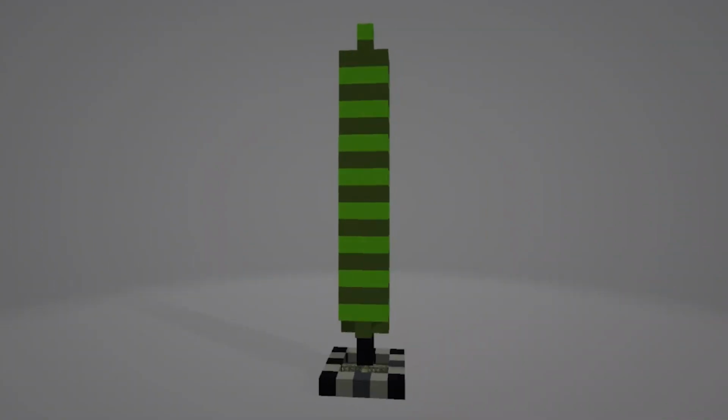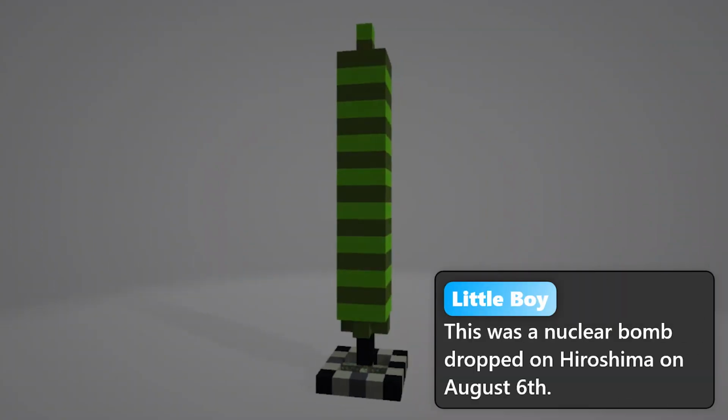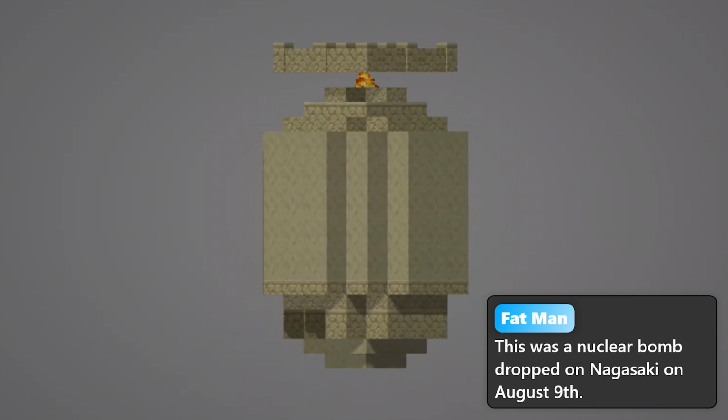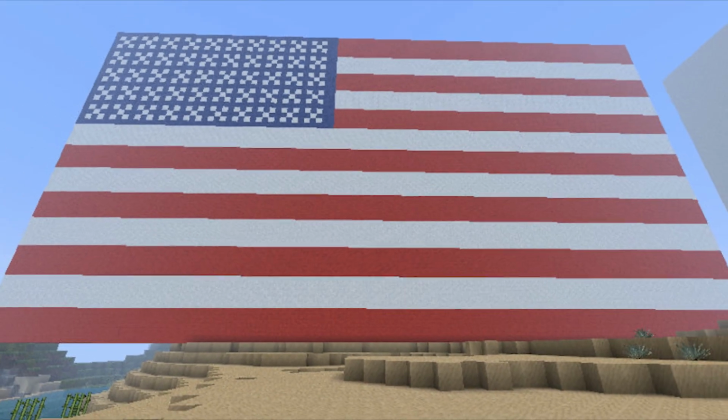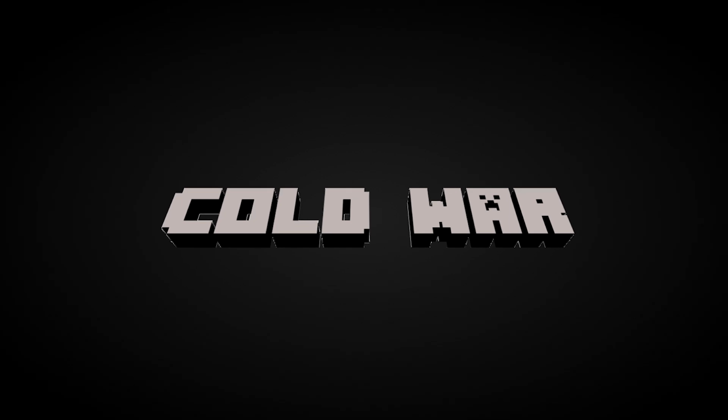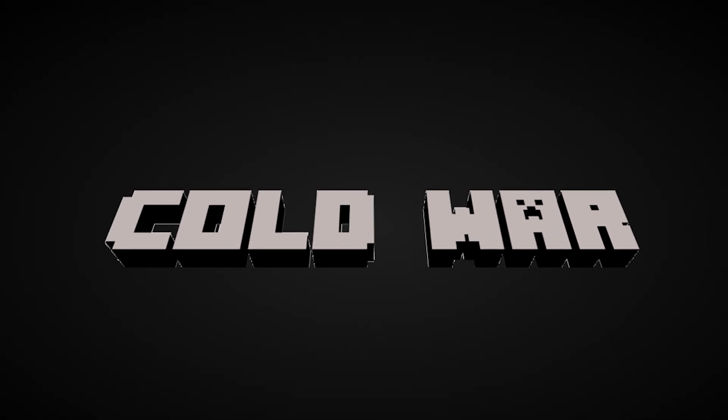The nuclear bomb Little Boy was dropped on Hiroshima on August 6th. Shortly after, the nuclear bomb Fat Man was dropped on Nagasaki on August 9th. This officially led the Japanese government to surrender to the Allied powers, and hence led to the end of World War II and the beginning of the Cold War, which was defined by the tensions between the United States and